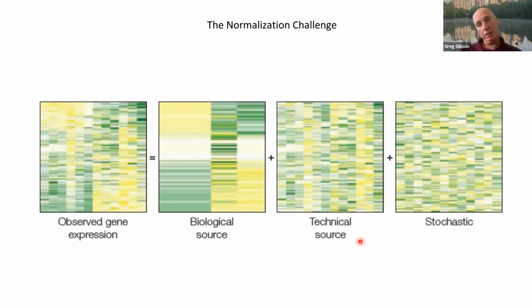And then less so with RNA-seq data, but it's still there, though this is particularly strong in array data in the old days. You've also got technical sources of noise, okay? So it turns out, if you look at this, you can identify